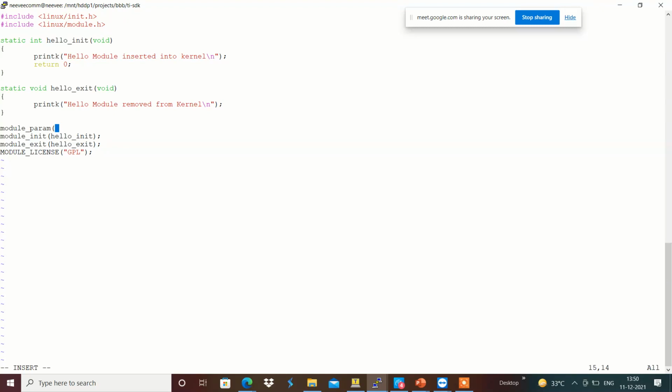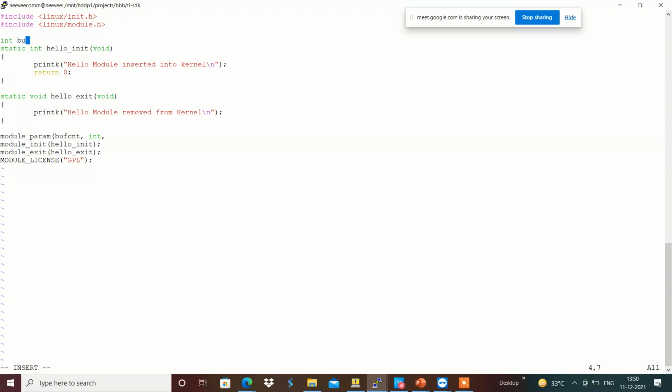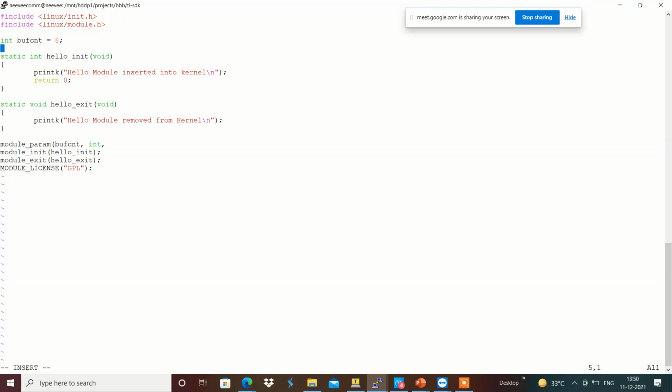Suppose I wanted to have a buffer count, I'm going to use buff count as an integer, and define integer buff count equal to 8 by default, which I have configured.